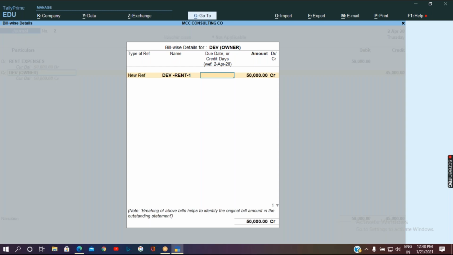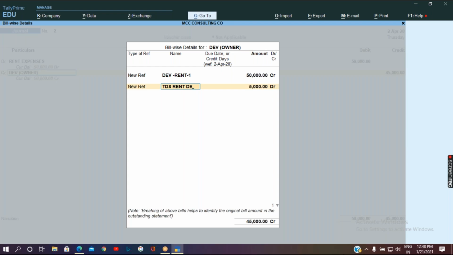Whenever we pay the rent to that particular party, we are supposed to pay 50,000 for example, but we are not going to pay that party 50,000 because we are going to deduct the TDS at 10%. For that deduction of TDS, we are going to get another reference. You can see the total amount as 45,000, which is what we are actually going to pay to the owner. This second reference is related to TDS rent.